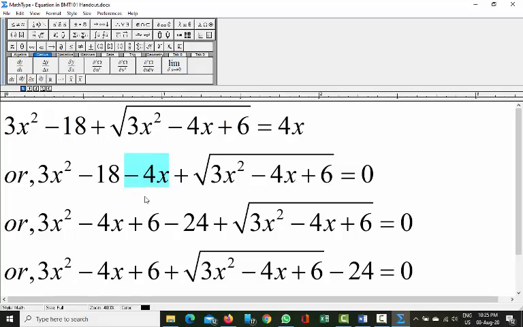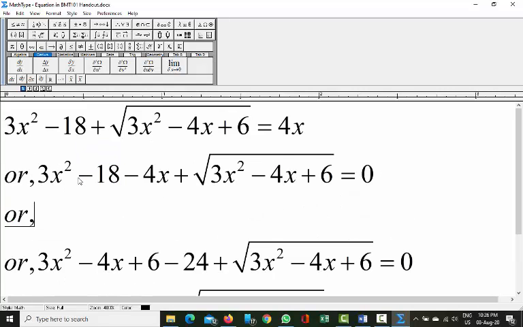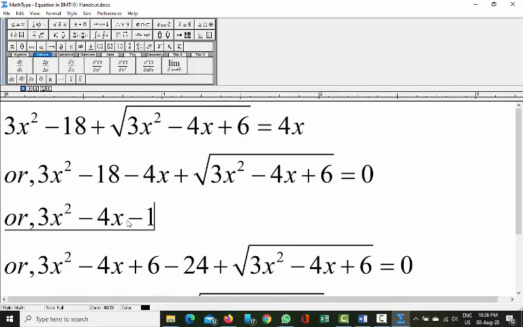Right. So now as you can see, we have 3x square and then we have minus 4x. So 3x square minus 4x, and then we have minus 18. So I can write another step here so that you should not get confused. So we have 3x square minus 4x minus 18. I am just arranging this one here, plus this one